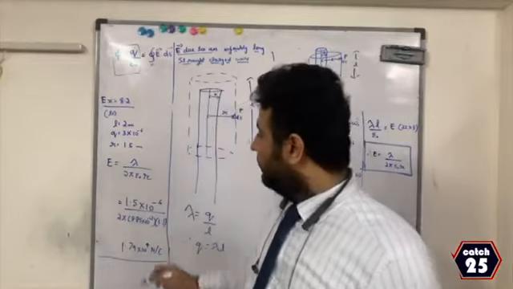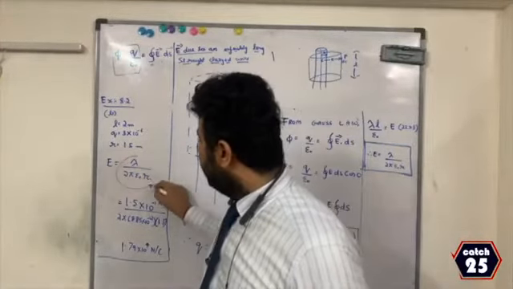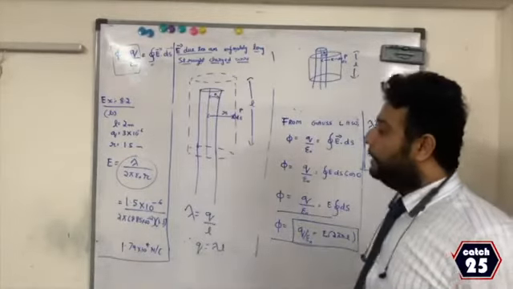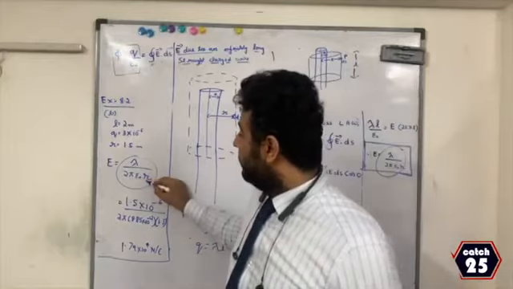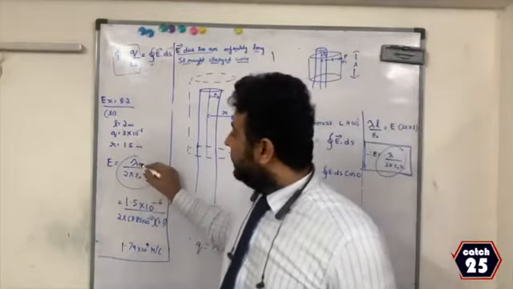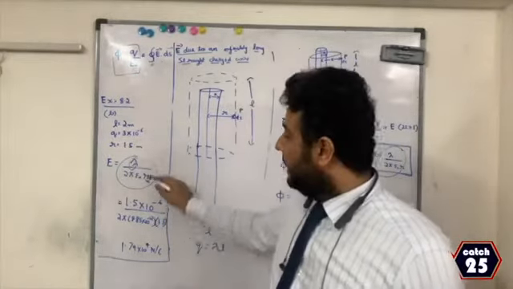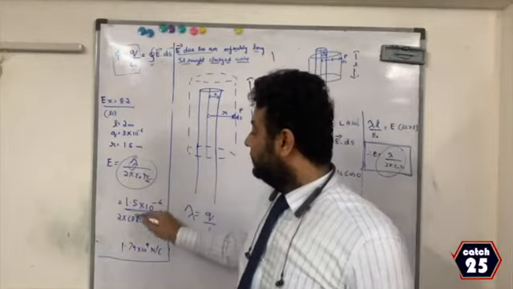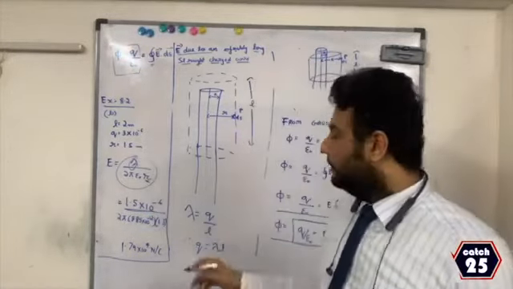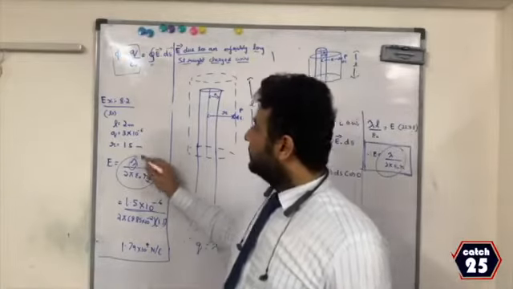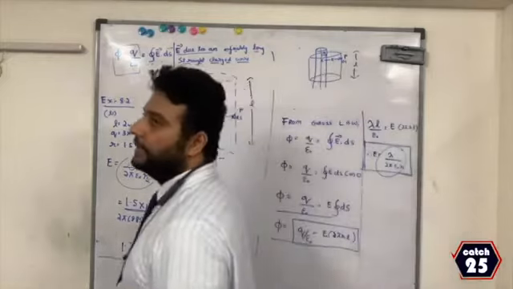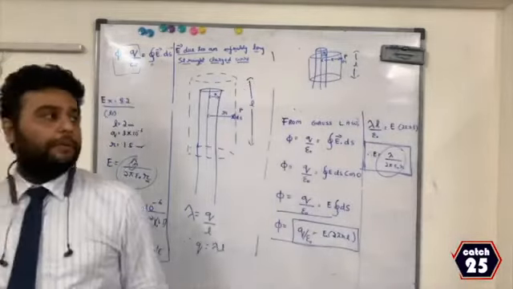Now if you look at the formula, electric field is the same, lambda by 2 pi epsilon naught r. Now in the question, r was given, and in part A we found out lambda. Therefore lambda we found as 1.5 into 10 power minus 6, 2 pi constant, epsilon naught is 8.8 into 10 power minus 12, r was given as 1.5. Therefore we got the answer as almost 1.8, and then it is Newton per Coulomb.